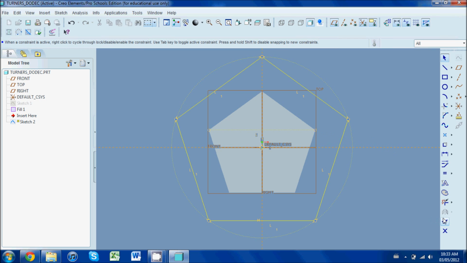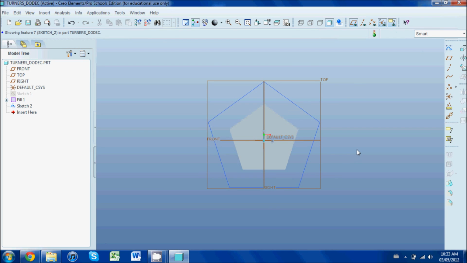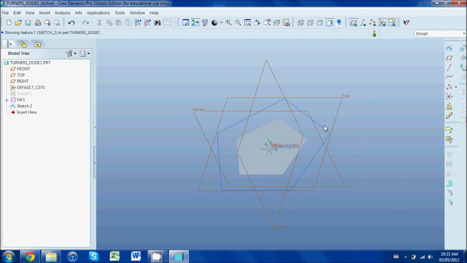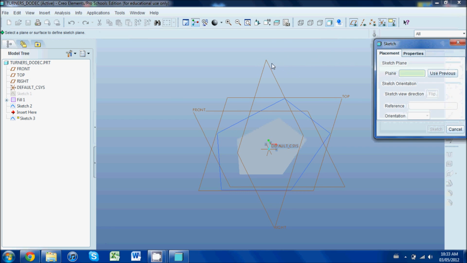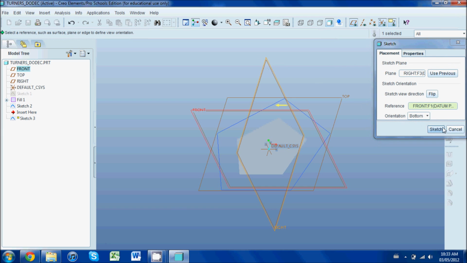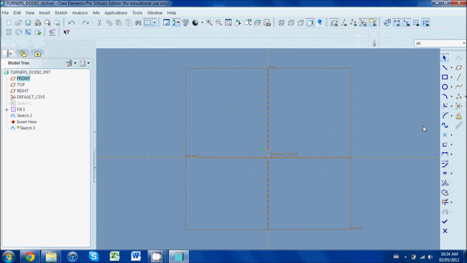So now we can accept that sketch, the default orientation. Now we're not going to fill this in because this sketch is only going to be for reference purposes. Now you can see that this point and this point are in line with this right datum plane, and this should be the case unless you've decided to orient yours in a different direction or sketch on a different plane. But in this case we're going to sketch on this right datum, and we're going to start building the upper